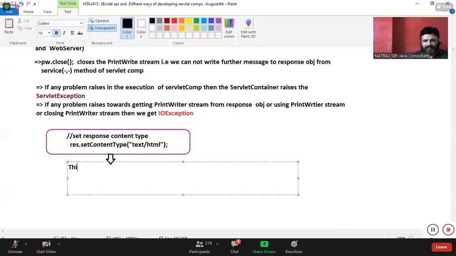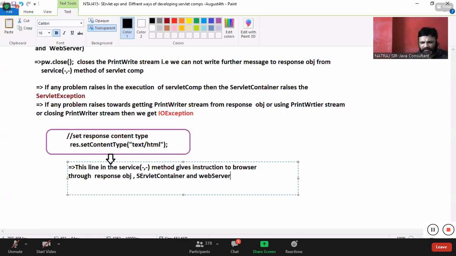Yes. This line in the service method, everything is a ready-made method, boss. This line in service method gives instruction to the browser through the response object, comma, servlet container and web server, to treat, to recognize the received output as